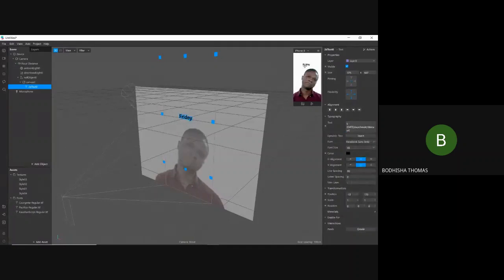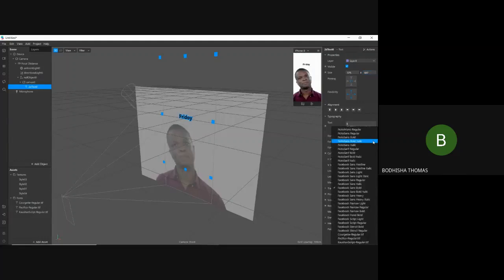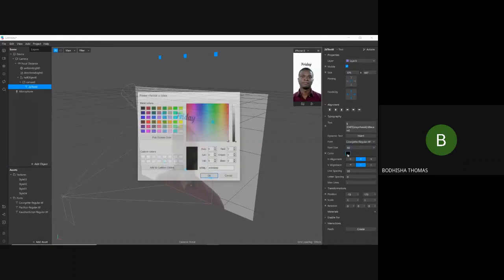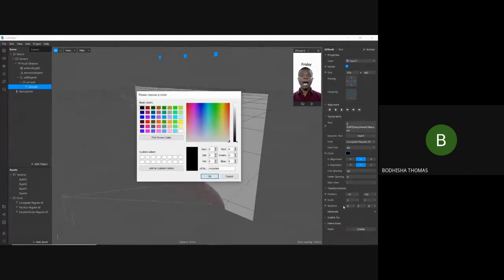Since it's just Friday, it has not been seen. So we'll add fill width and fill height option. Now we have this dynamic text. We'll change the font. Inside the font, at the bottom, we can see those 3 fonts that we have imported. We'll use any of that. We can change the size to 70 or 60 or anything. You can change the color here. You can change all these properties in the inspector panel.